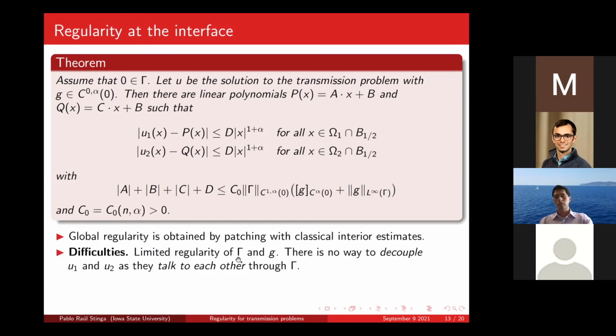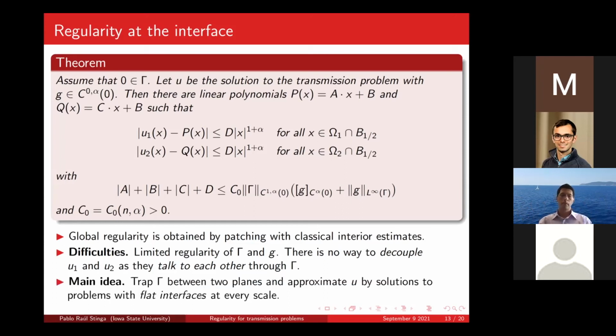If we're working with harmonic functions here, and you want to flatten gamma in a curved domain in a non-divergence form, you need gamma to be C2 alpha, because you have to take two derivatives of the domain, essentially. But here, just gamma is C1 alpha. And also, there is no way of coupling this U1 and U2, so it's not like I can do everything for U1 and then by some reflection, try to do something for U2, because one solution depends on the other through the interface.